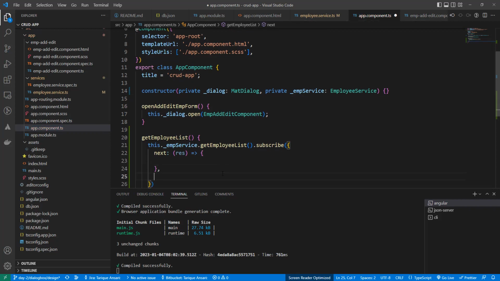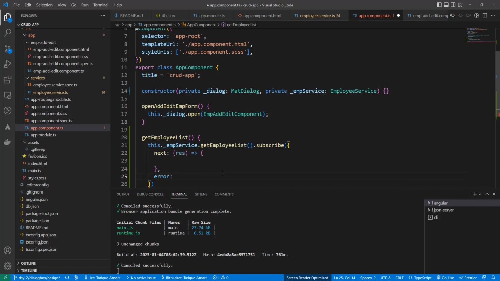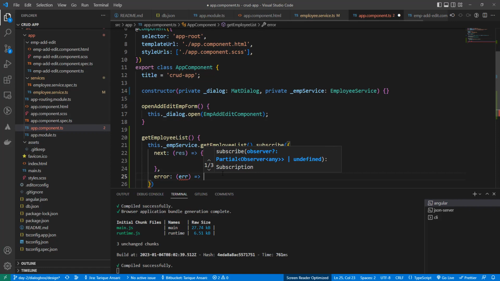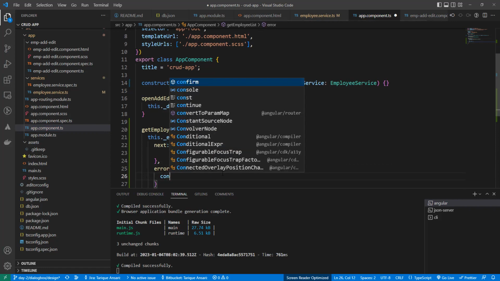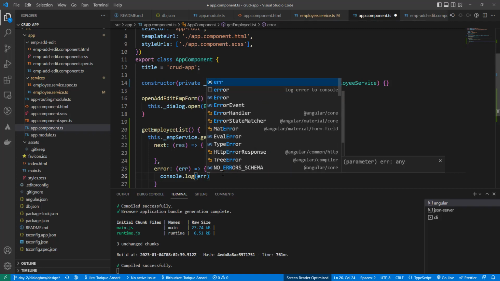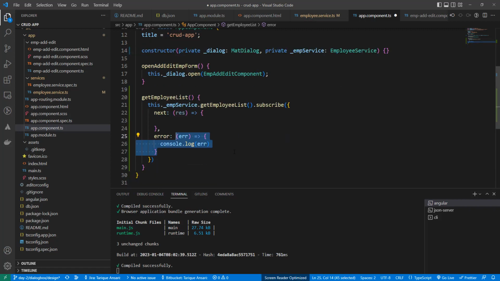And let's handle the error if we get any error. Now, as of now, we can do the console.log error. So instead of writing like this, we could write in shorthand. So just do console.log and pass the reference of console.log. So it is same as it is. So instead of writing this much of line, we could also write